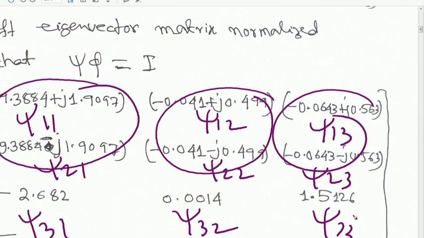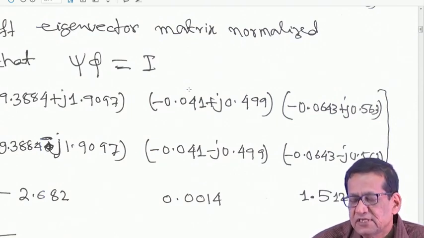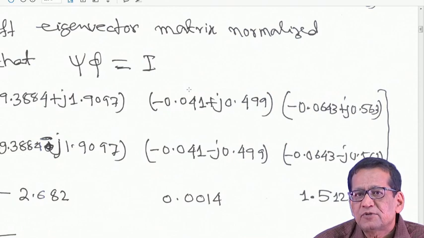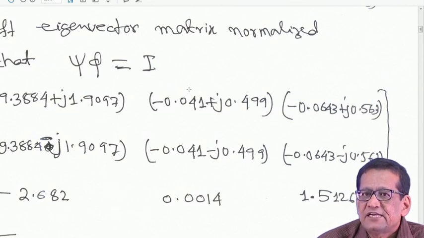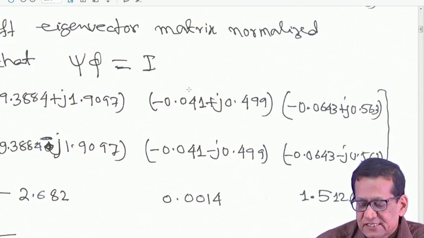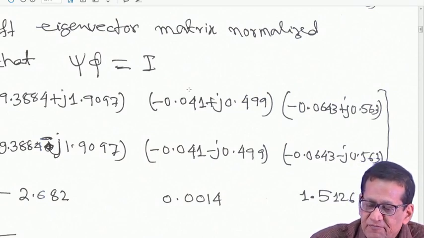But one thing I would like to tell: suppose some questions are given in an exam or assignment, we understand that 3 by 3 matrix inversion, particularly the complex one, is a time-consuming and difficult process. So in that case, sufficient data will be provided, such that phi and psi are all provided, and you can easily compute the rest.